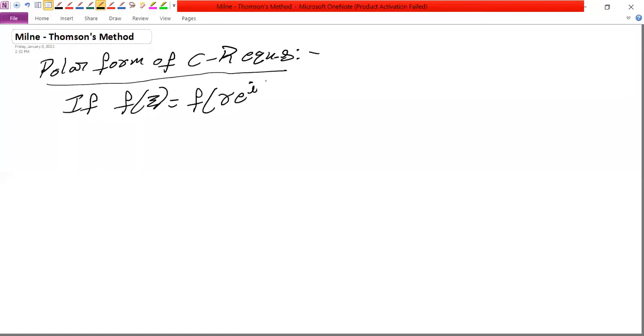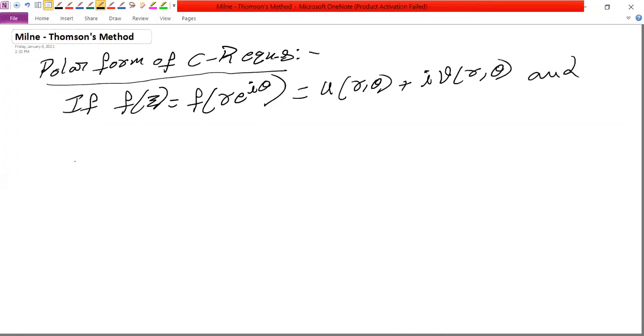I already discussed what r is: square root of x square plus y square. What is theta? Tan inverse of y by x. Here f of z also can be written in the form u plus iv, but earlier, in the Cartesian form, u and v were functions of x and y variables. Here u and v are functions of r and theta variables, and f of z is differentiable